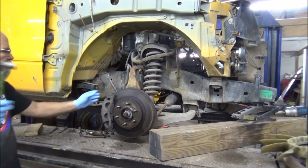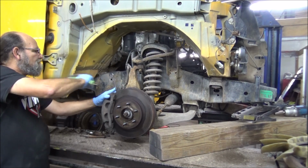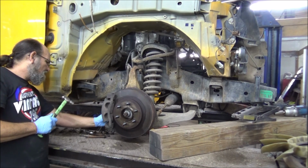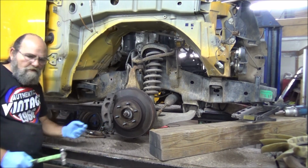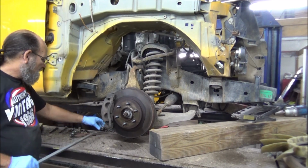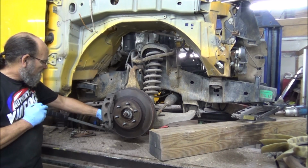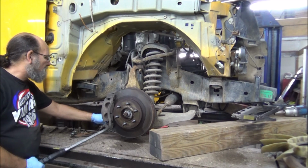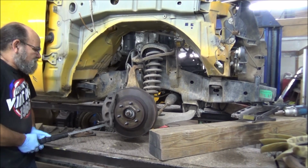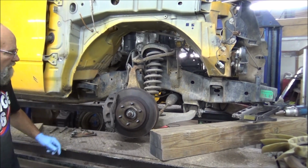Wow, that won't come loose, does it? It's been a while since them have been broke loose. But what I was saying is, I think the method here would be to get the calipers off. That way they're out of the way, we ain't got to worry about them. And then yeah, I'll break it both loose with the levers. Then we will